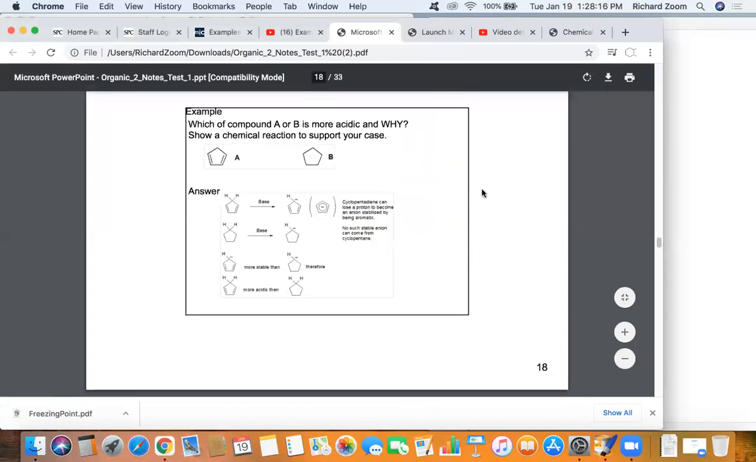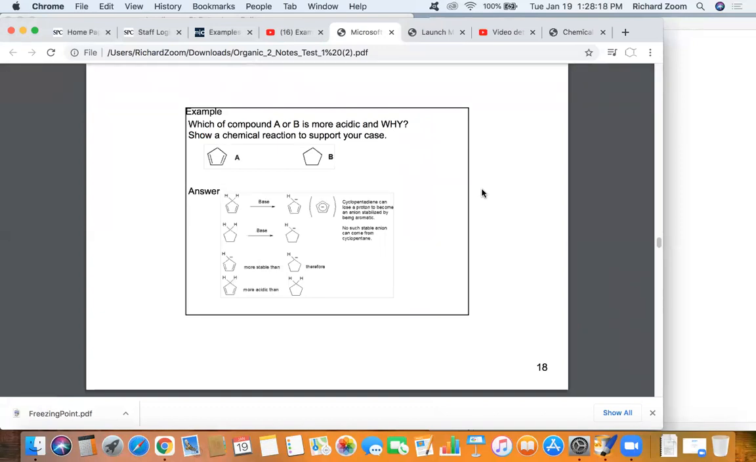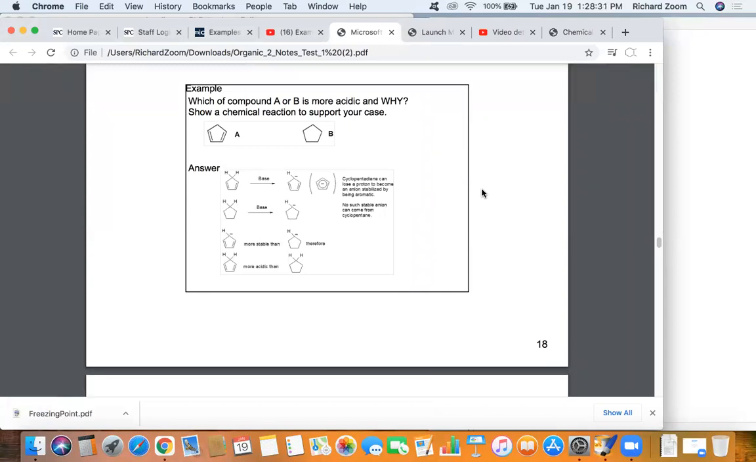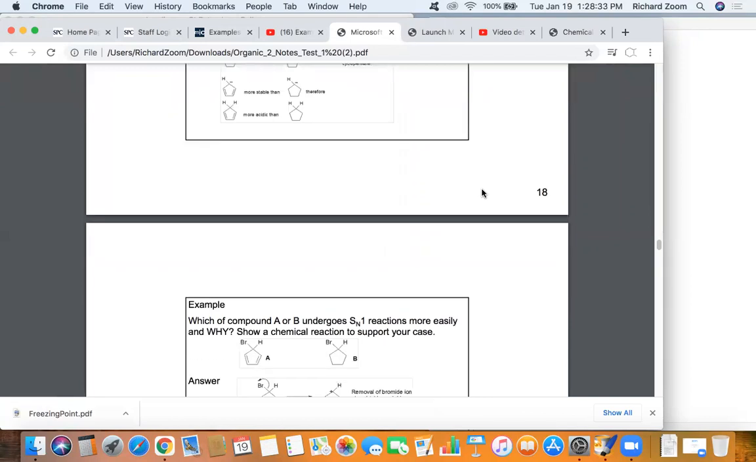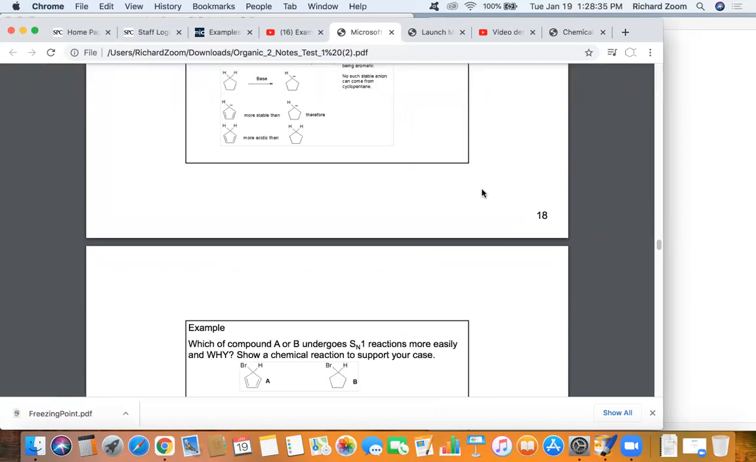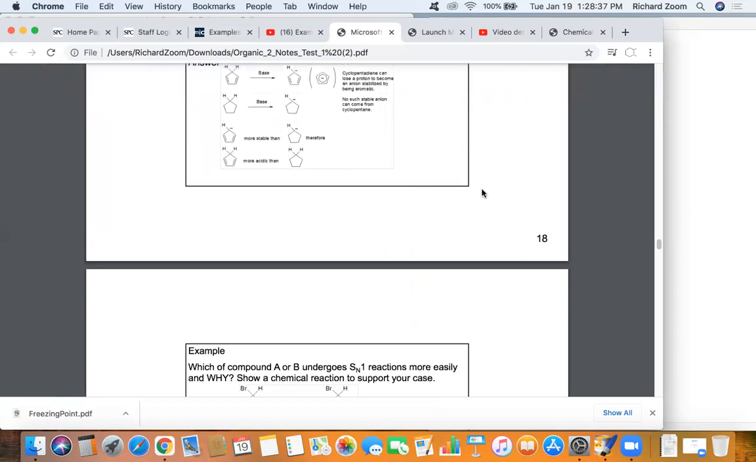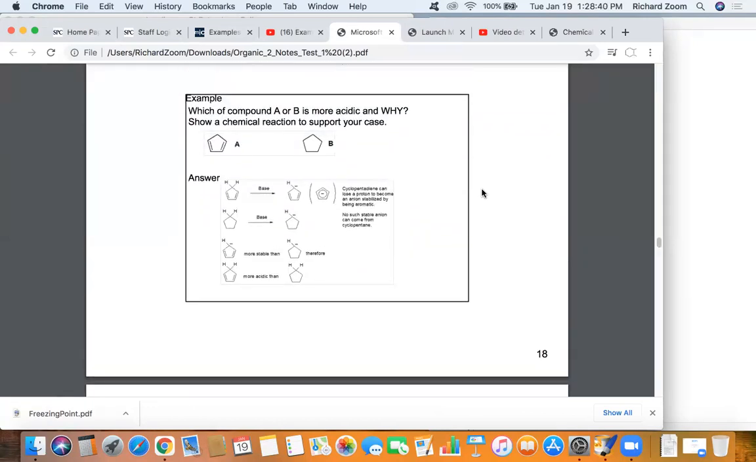And then for part D, there are two possible scenarios. Well, you'll get one of them. The first one is asking which compound is more acidic, and the other possibility is asking which one undergoes SN1 reactions faster, and that one has a bromine on it. So looking at the one that's more acidic,